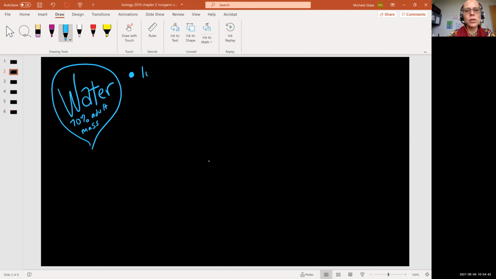So one important feature is water will act as a lubricant. Remember, we talked about those fluid-filled body cavities when we were discussing chapter 1, and we talked about how this is really great because you encase the heart in a cavity, you encase the lungs in a cavity, and then the heart can move separately and the lungs can move separately, and that fluid in between reduces friction. And that fluid then, of course, is a water-based solution.